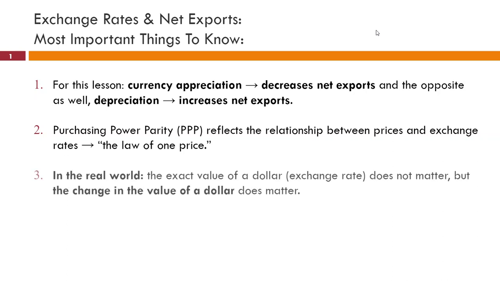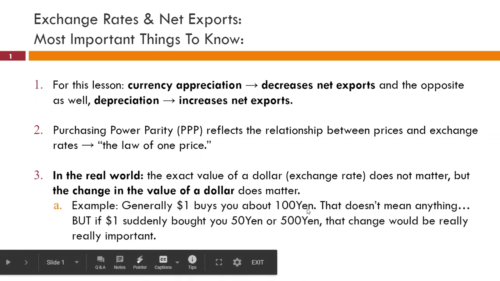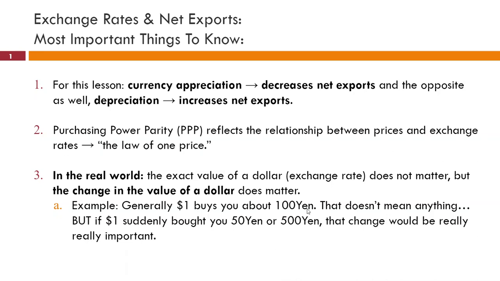And then the last thing that is super valuable both in this lesson and overall is understanding a general concept that the nominal exchange rate, or the value of a dollar in an exchange rate, doesn't really matter. But the change in the value of a dollar does matter. And so here's your really quick overall explanation of that, right? If $1 buys me 100 yen, that concept by itself doesn't mean anything. It doesn't necessarily mean that the dollar or the United States is a better economy than Japan or vice versa. But it does matter if that value changes,